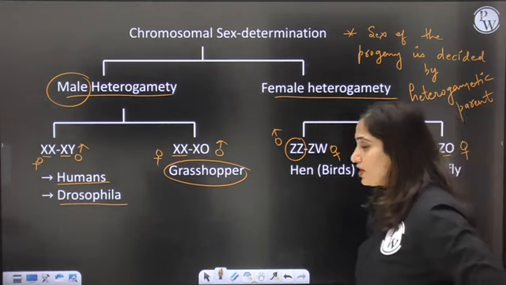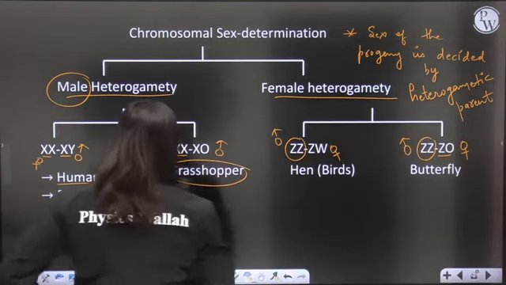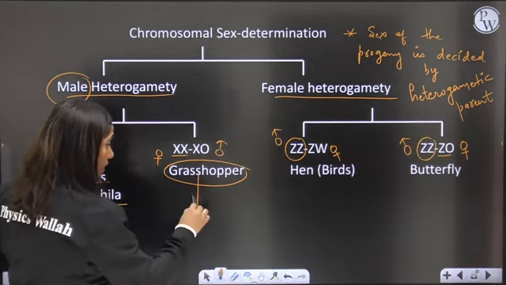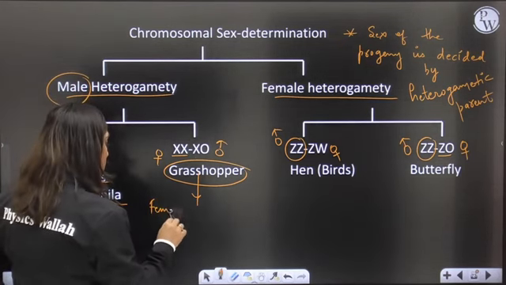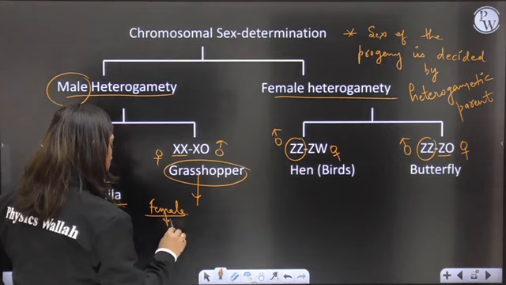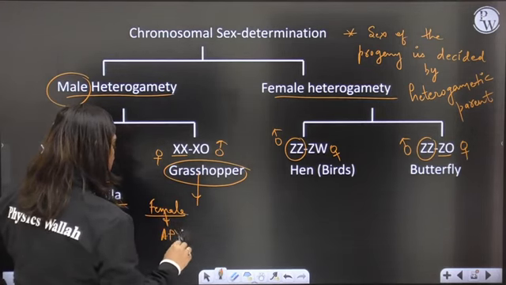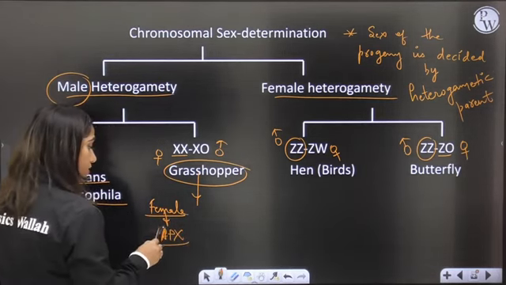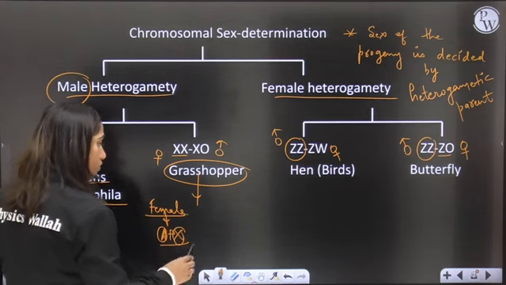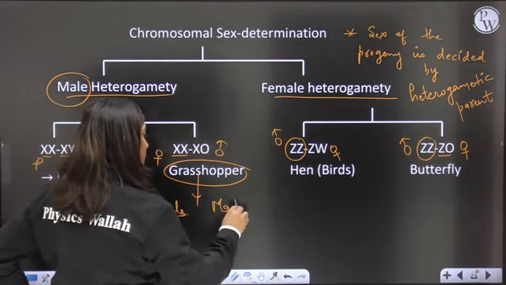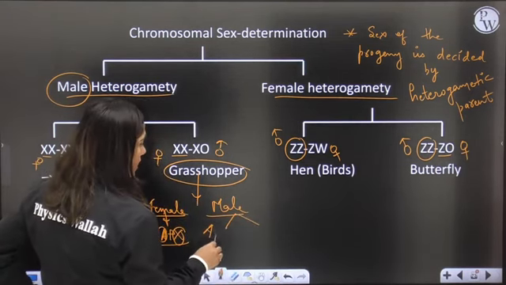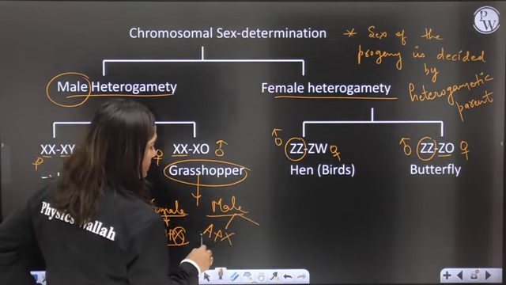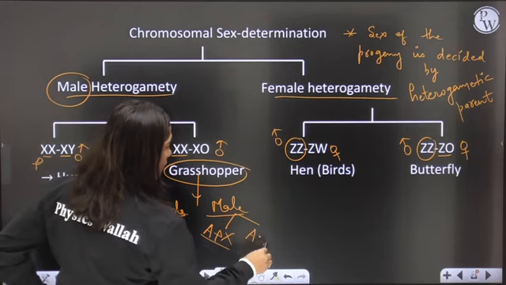Now what sort of question can come from here? In grasshopper, the female can form only one type of gamete, that is A plus X, right? A represents the number of autosomes and X is the sex chromosome. But the male can form two types of gamete, that is A plus X and A plus O,